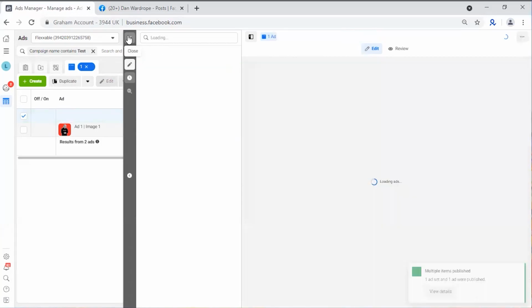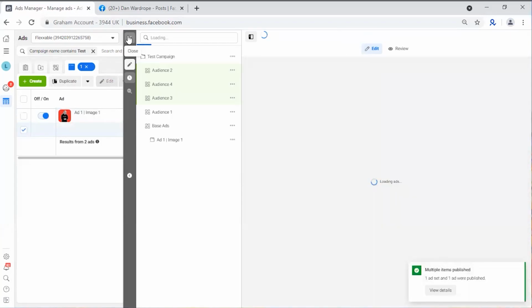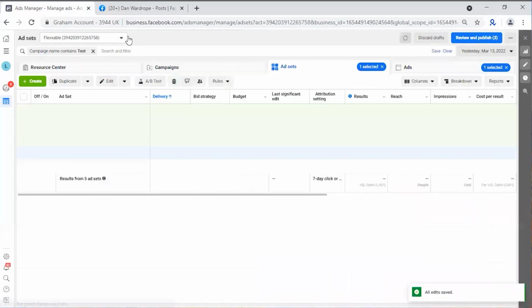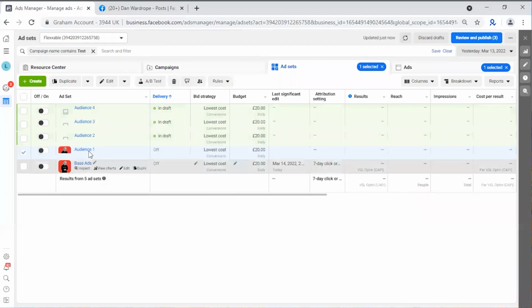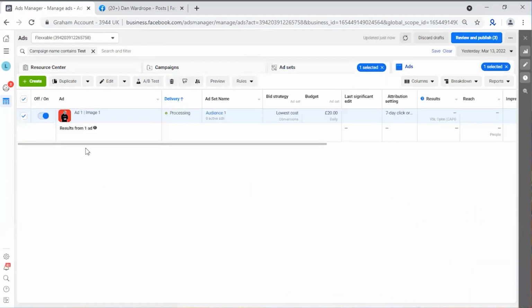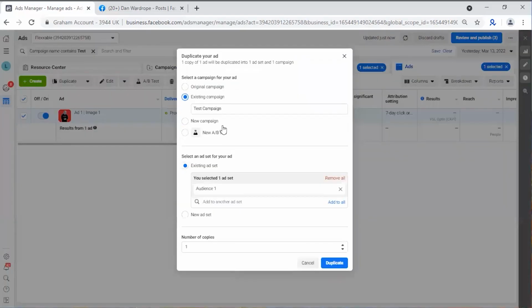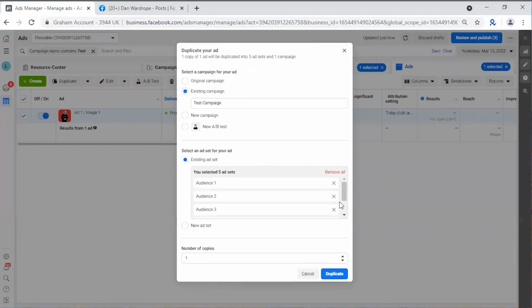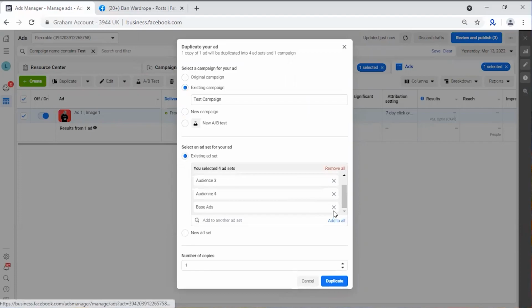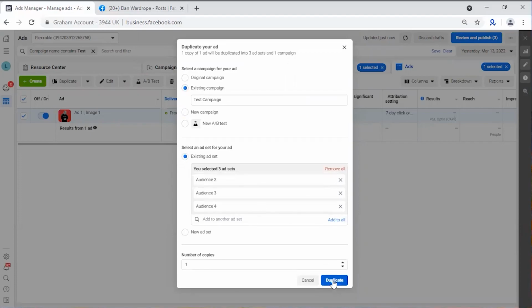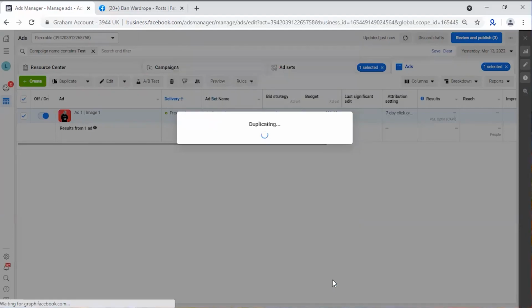Then what you can do is you want to make sure you're back in audience one. So you want to go to audience one, and now what you want to do is duplicate this ad, and then you want to go to existing campaign, and you want to add, we'll take out the one it's already in, which is audience one, and also take out base ads, and then press duplicate,